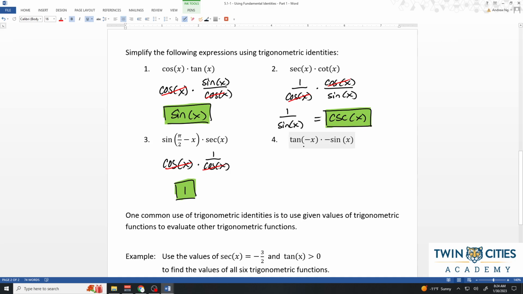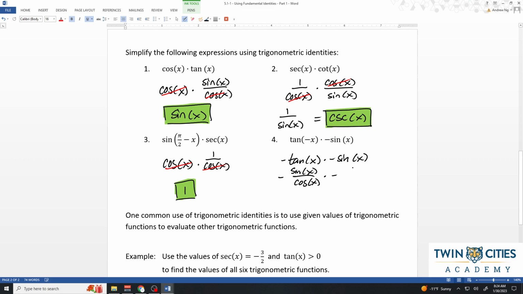All right, last one here. Tangent of negative x times negative sine of x. Okay, so these are my even and odds. Tangent of negative x is the same as negative tangent of x. So this will be negative tangent of x times negative sine of x. Now I can go ahead and see if I can get rid of tangent, make it sines and cosines. So tangent is the same as sine over cosine. So this will be negative sine of x over cosine of x